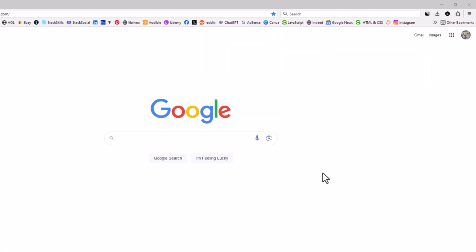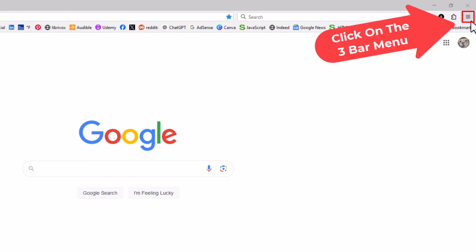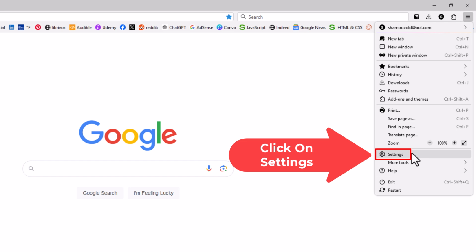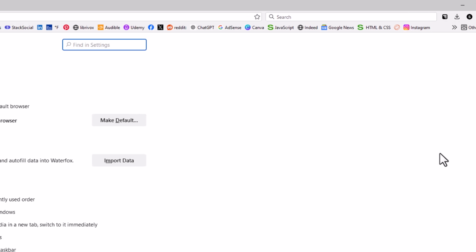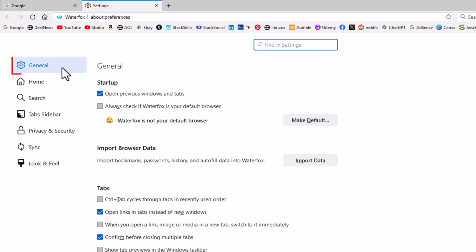First thing you want to do is go off to the upper right hand corner, up to where you see the 3-bar hamburger menu. You want to click on that. Then you want to go down to where it says Settings and click on Settings. Now on the pane off to the left hand side, I am on the General tab, and then on the